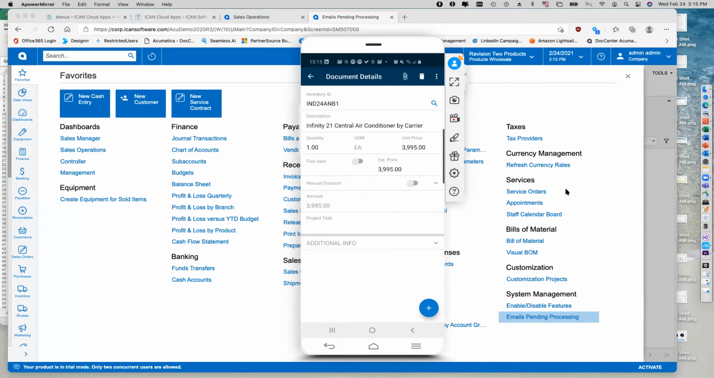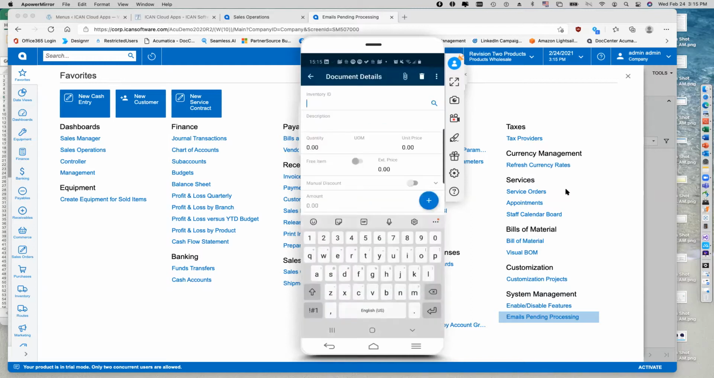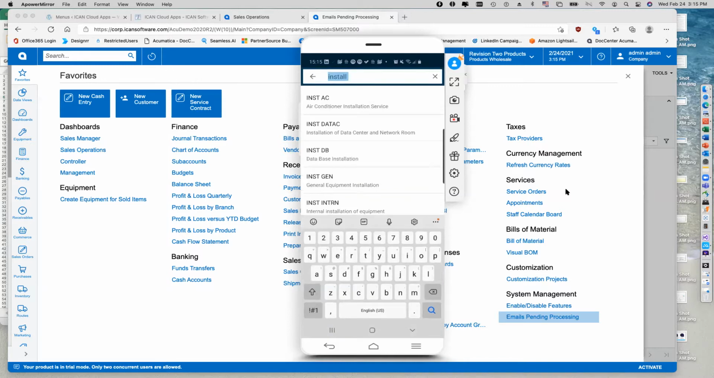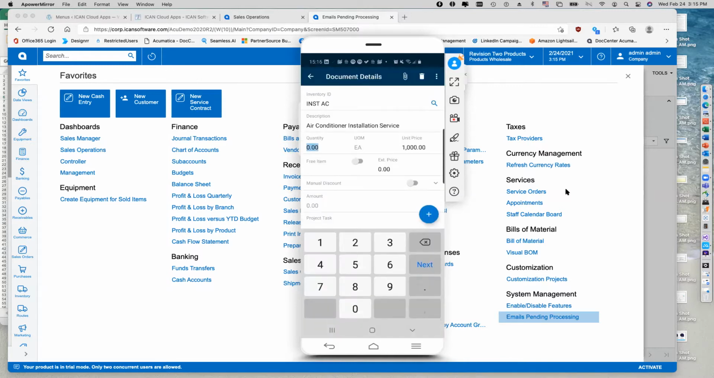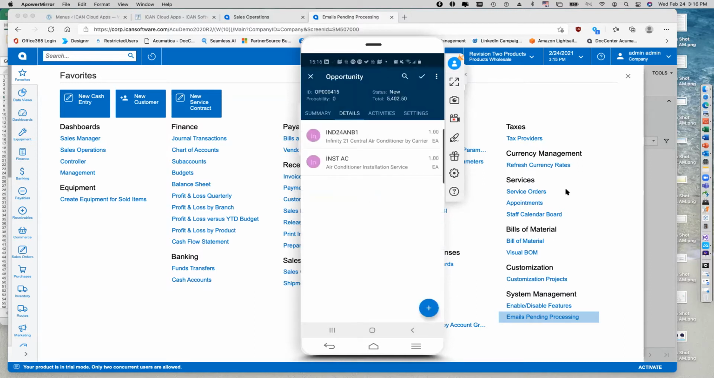And then I am going to save it, and I'm going to add another line for the install services. So I'll do a search on install AC, quantity 1, and we'll save that. And then the next thing I'm going to do is I'm going to go to the